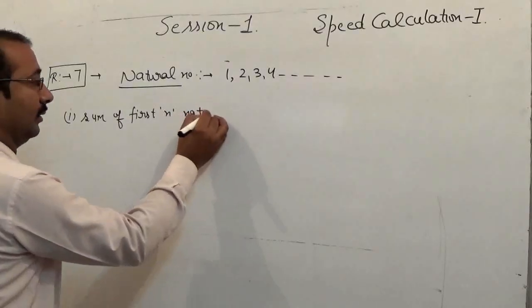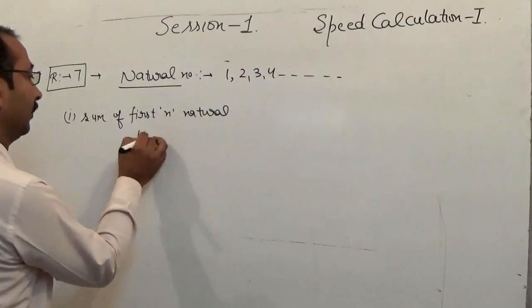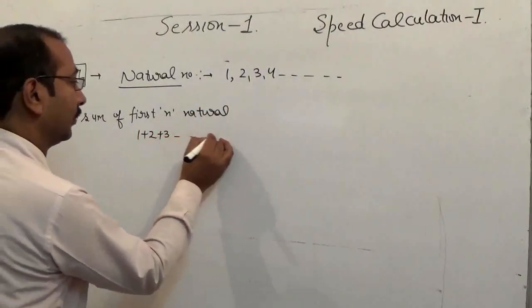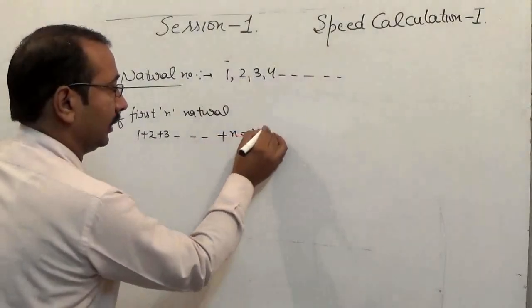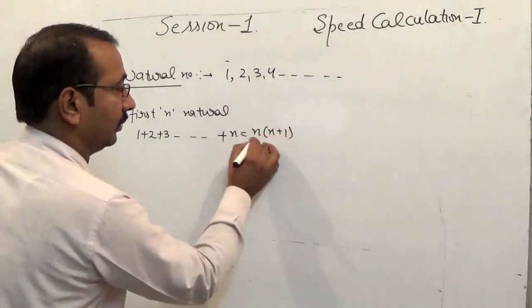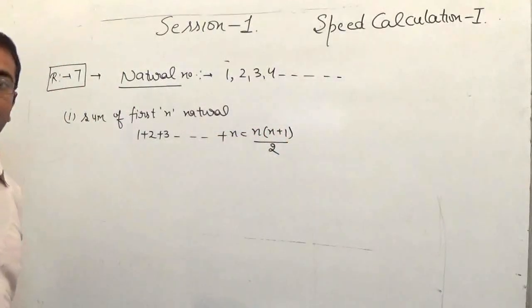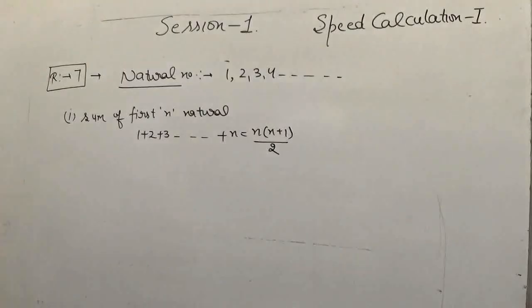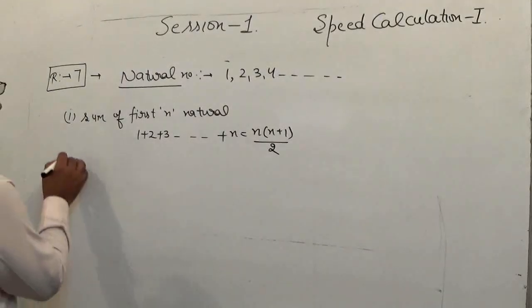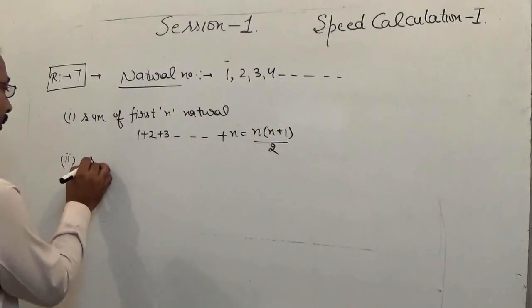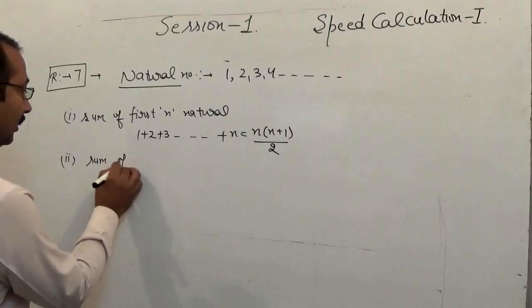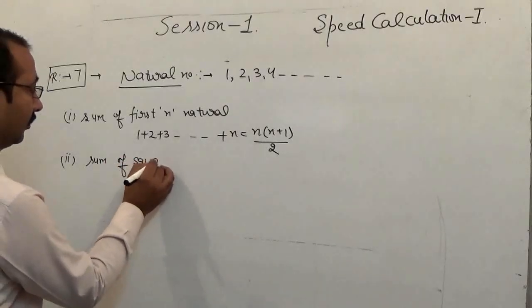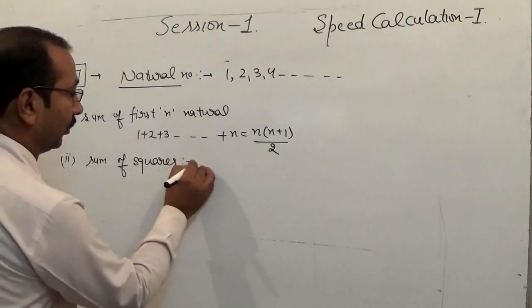Sum of first n natural numbers: 1 plus 2 plus 3, up to n. The answer is n into n plus 1 divided by 2. When you have to find the sum of first n natural numbers, you can say n into n plus 1 divided by 2. Similarly, the second one is the sum of squares of first n natural numbers, which means you are supposed to find